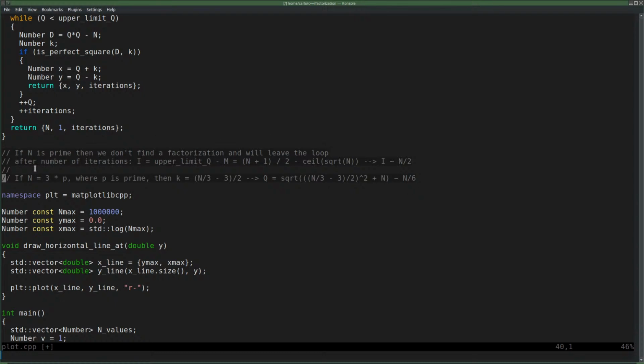So if n goes to infinity, then the square root of n is absolutely nothing compared to n. So then we are very, very close to these values. But even if n goes to infinity, by the time that the factor approaches the square root of n,